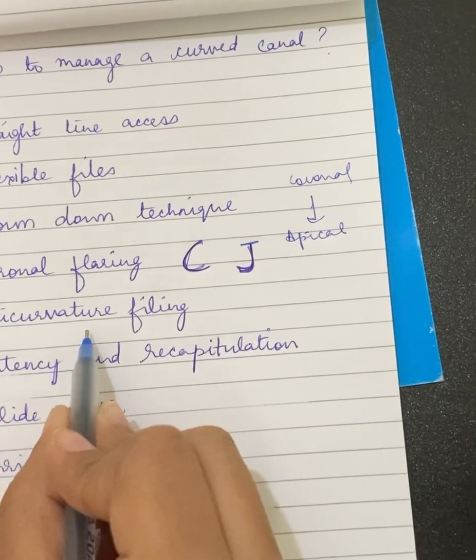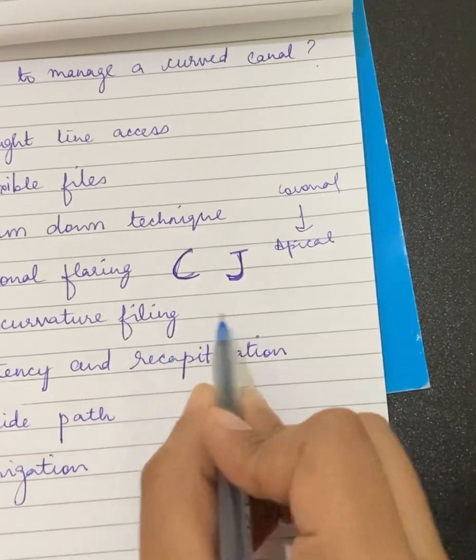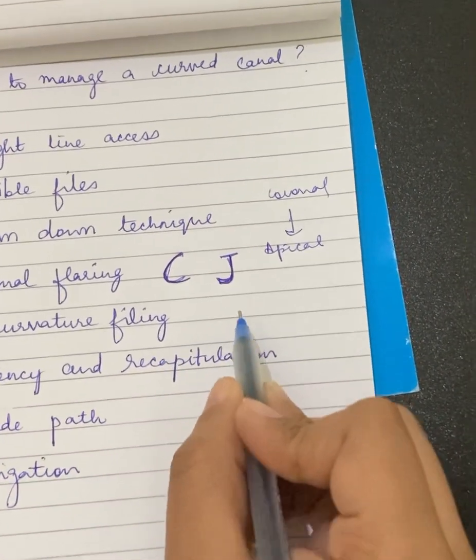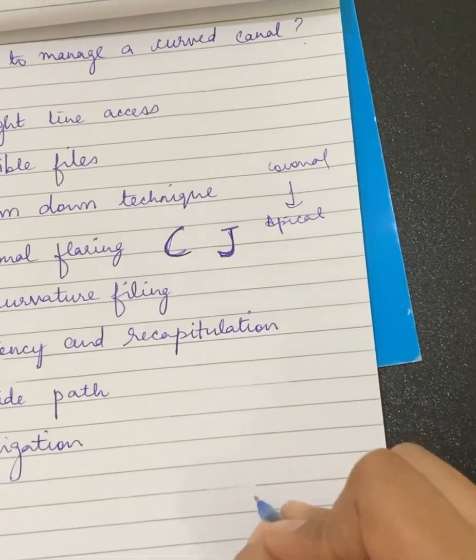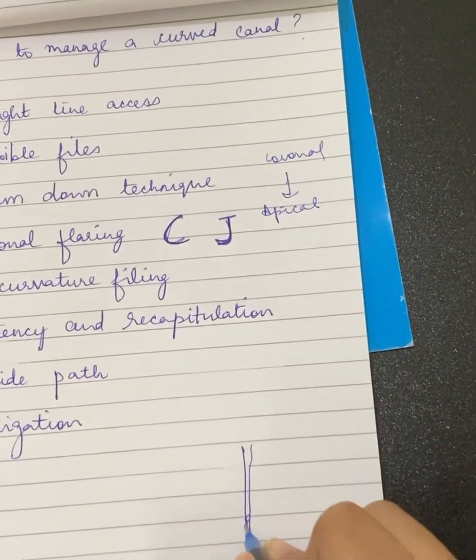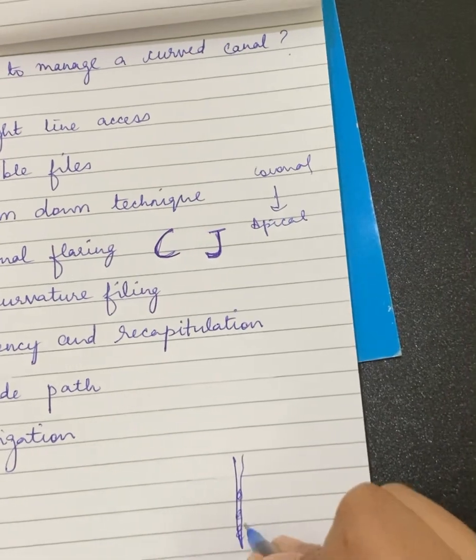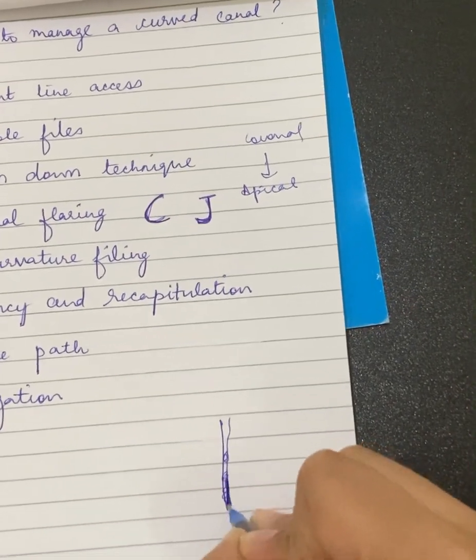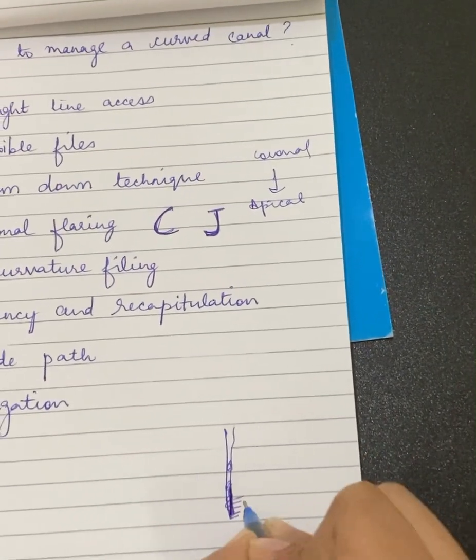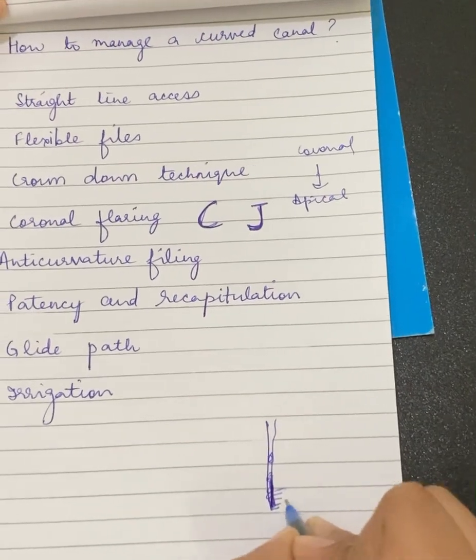Then we come to anti-curvature filing. This is the method of use of the files. In this, the files have flutes all over. The flutes in the apical third of the file, on the outer surface, this is the outer surface of the file, the apical third,